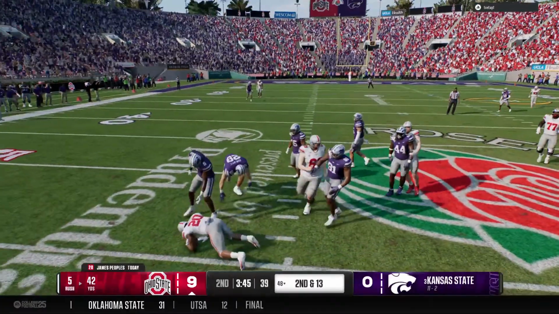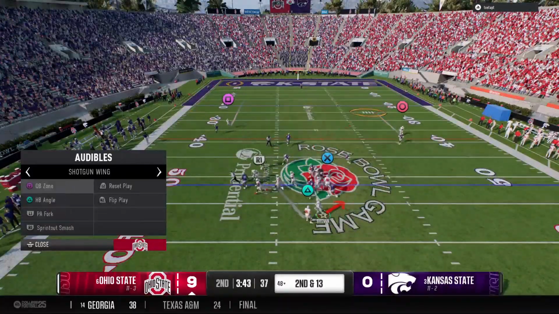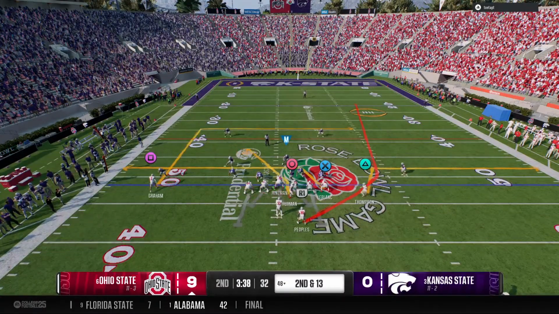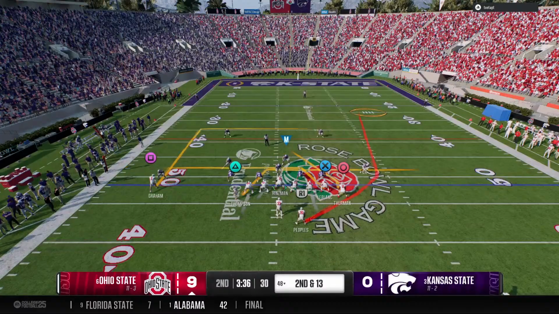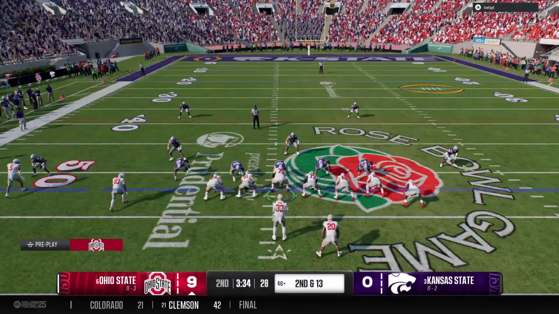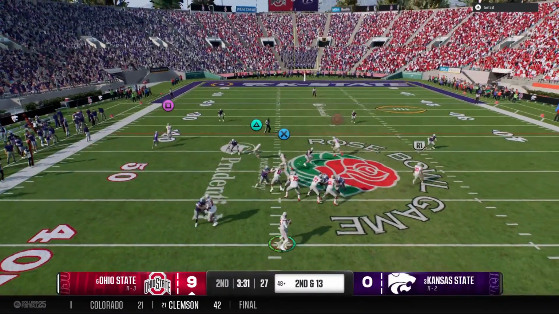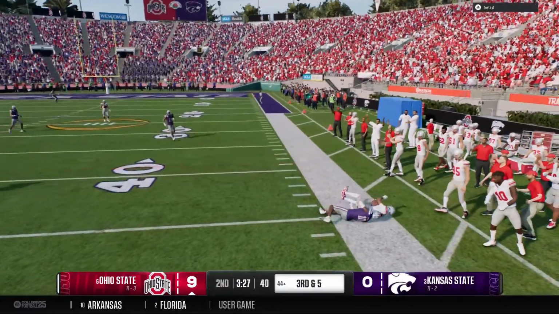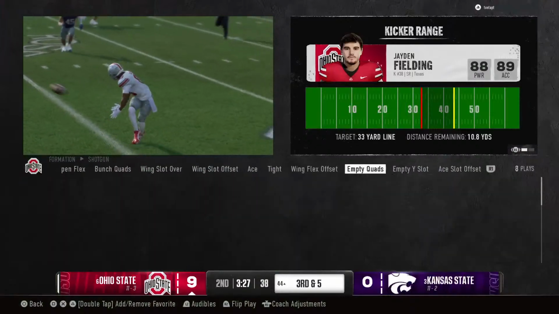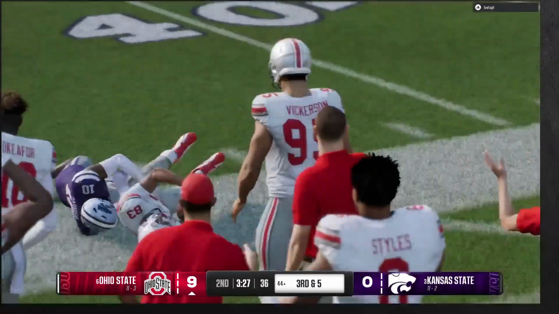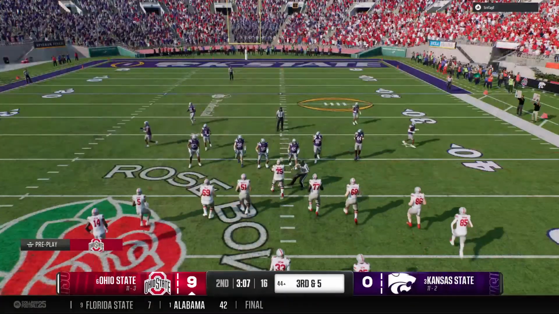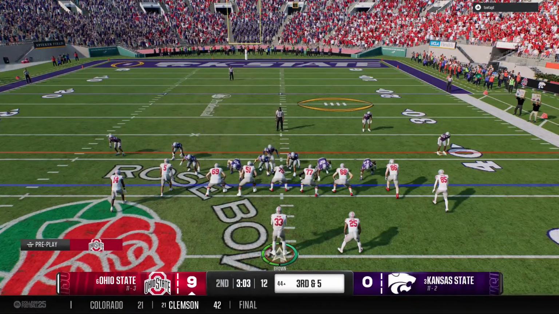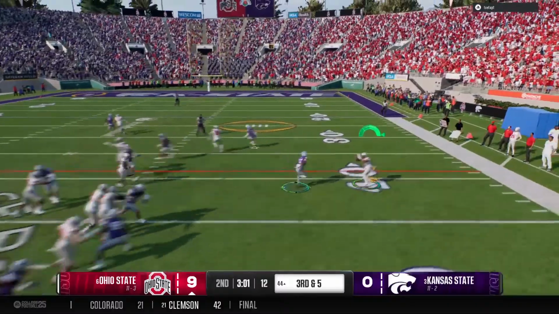Handoff here from the shotgun. Goes backwards, losing 3 yards there. Offense getting set. Second down play here. Back to throw. It's Brown. Quarterback escapes the pocket. Receiver makes the catch. Heads out of bounds. It's a short gain on the play. This is an example of a quarterback and his offense just taking what the defense gives you. Not a huge play, but positive yards. The defense wants to give that.